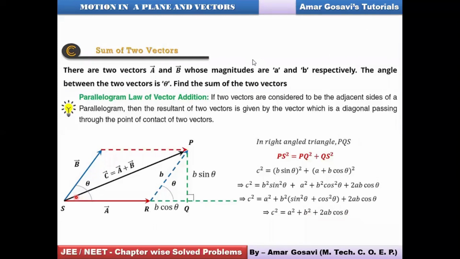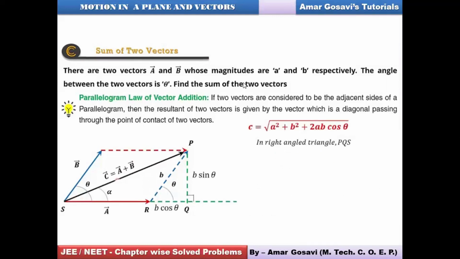So the same formula, again we take a square root on both the sides and you get this next slide, you can see. So C will be equal to root of A square plus B square plus 2AB cos theta. Now, if the vectors were P and Q and the resultant was R, the same formula would have been R equal to root of P square plus Q square plus 2PQ cos theta, which we derived yesterday, if you remember. All right, now let's move ahead.